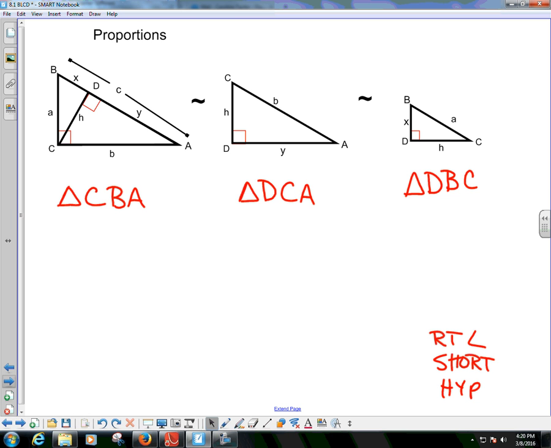So let's see, I can say that CB, my first two, over DC, my first two and the second one, equals